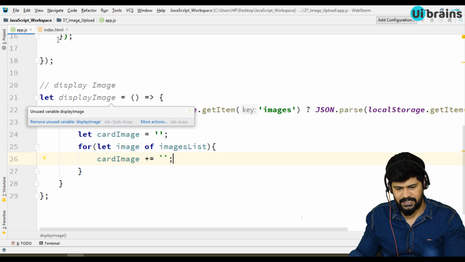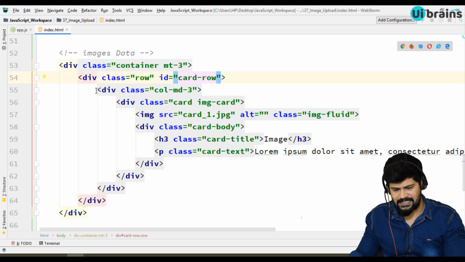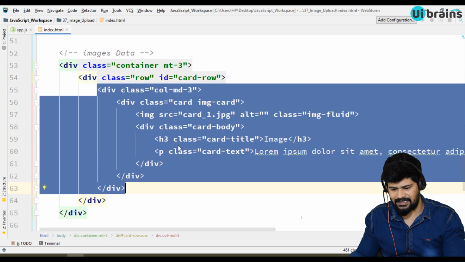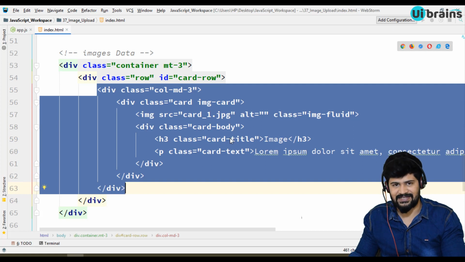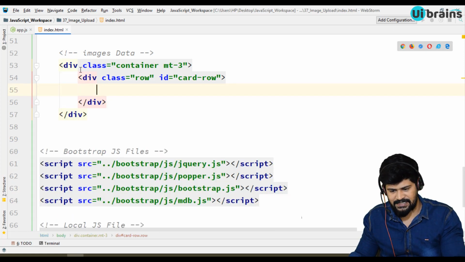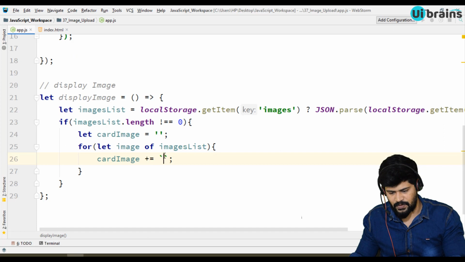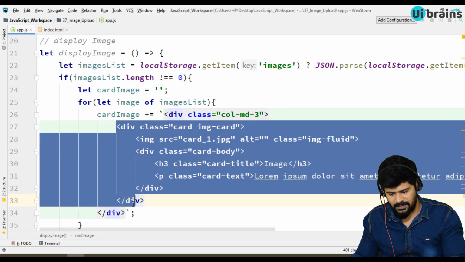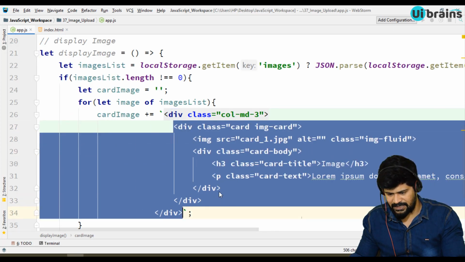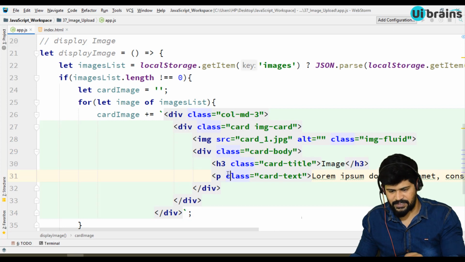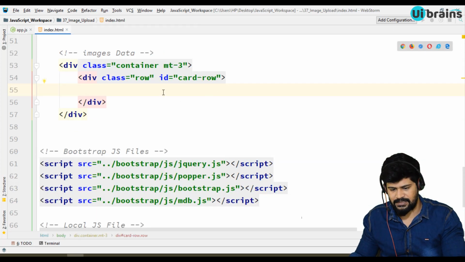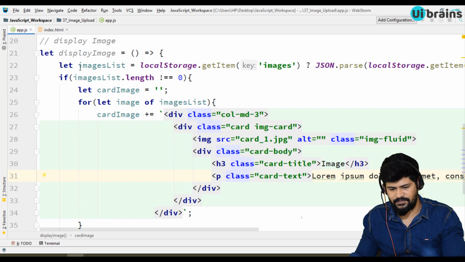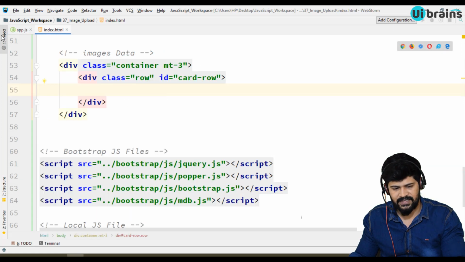How to construct the images like this? I'll simply cut this, col-md-3, because we need to make this from JavaScript. So cut that and keep it over here. Okay, so we have to construct that with JavaScript.